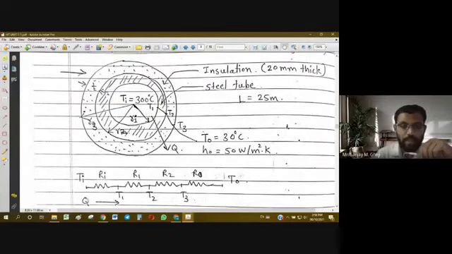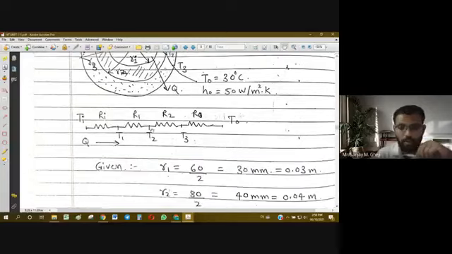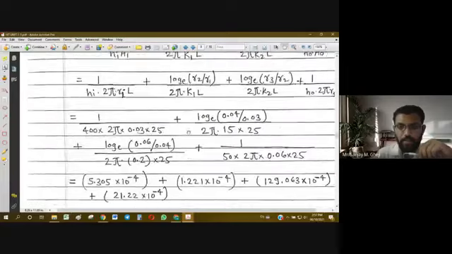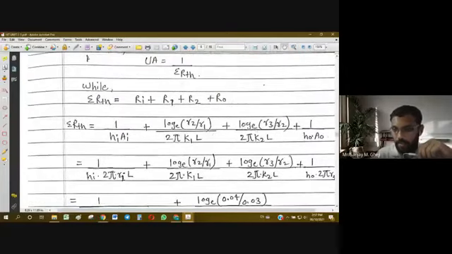If you go back to the diagram, first we applied conductive resistance for the steel tube. For this, r1 is the inner radius and r2 is the outer radius. And when we apply the conductive resistance formula for the insulation material, this becomes the hollow cylinder. For insulation, the inner radius is r2 and the outer radius is r3. So accordingly we have to put in the right values, then only we can get the correct answers. We have to change the terms in the formula and apply it correctly.